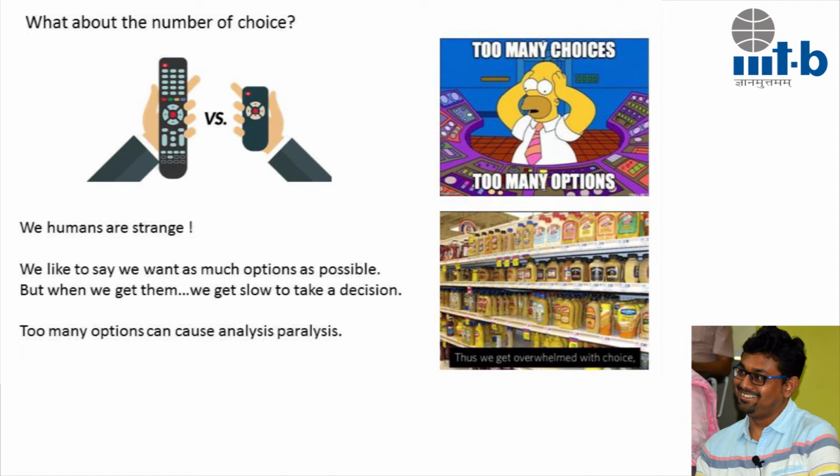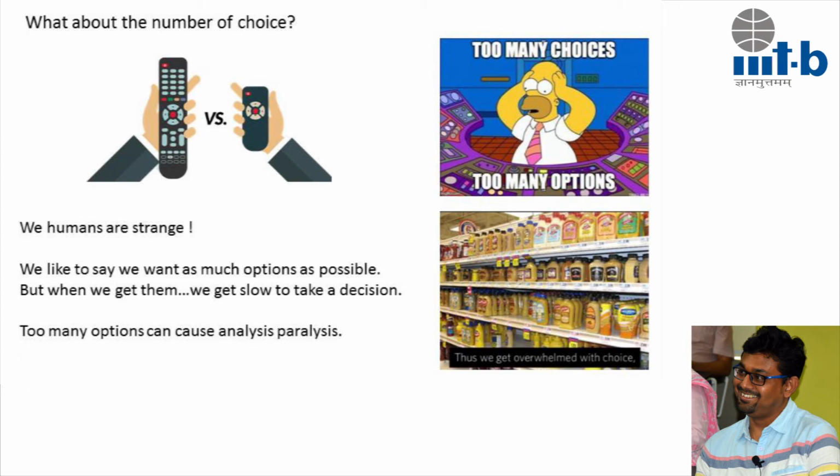We become slow if we are given a lot of choices. We are human beings. At first we want a lot of choices, and when a lot of similar hierarchy choices are given to us, we ourselves get confused, and it takes time for us to decide which one to go for.